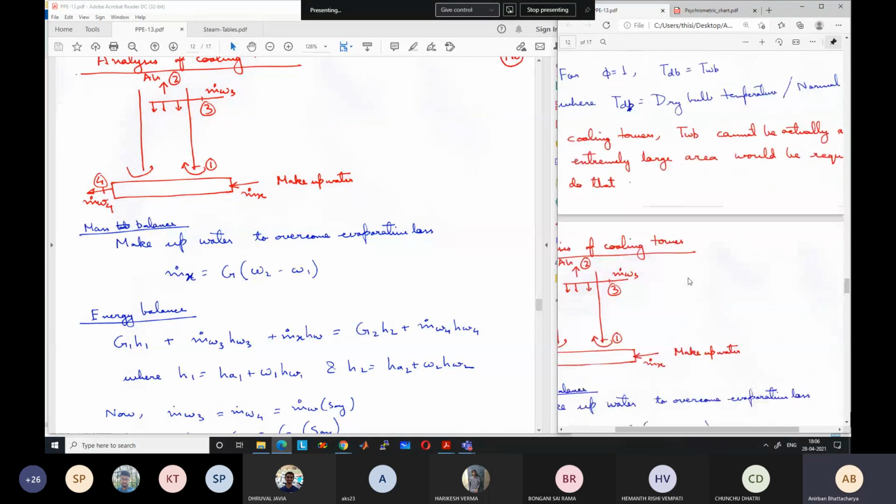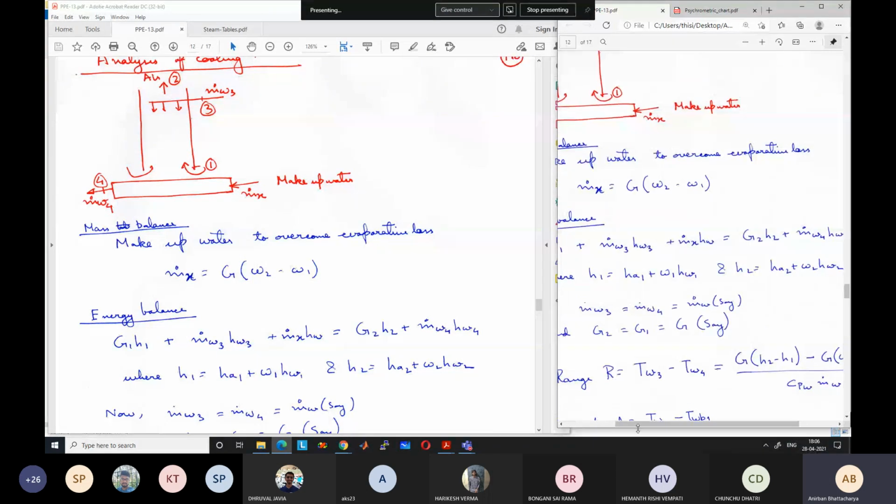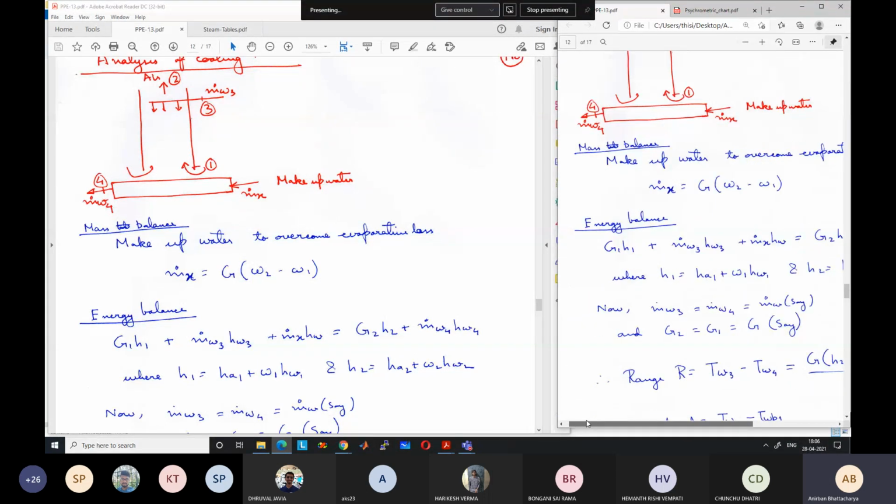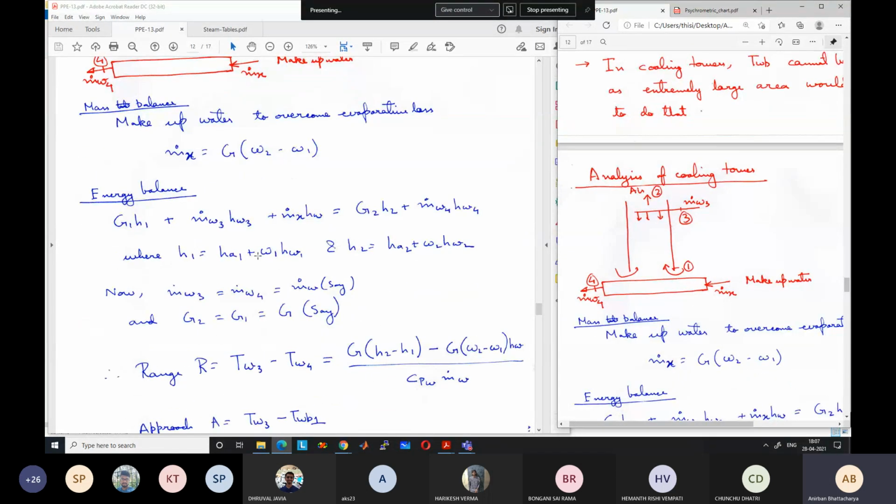So if we now do an energy balance, the energy which comes in can be written like this. The total energy which comes in is equal to the energy which comes in with the wet air. The mass flow rate of air is G1. Later we will take G1 equal to G2, meaning we will keep a constant mass flow rate of air. But here, for generalization, I have written that the mass flow rate of inlet air is G1.